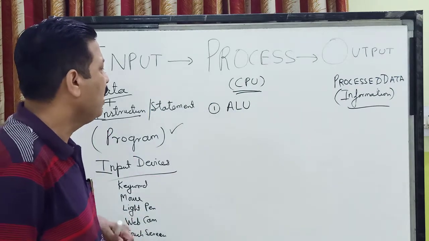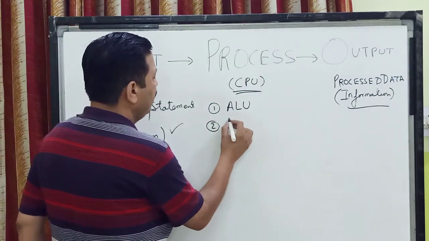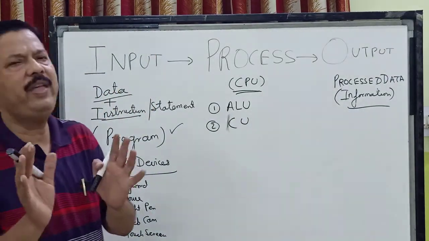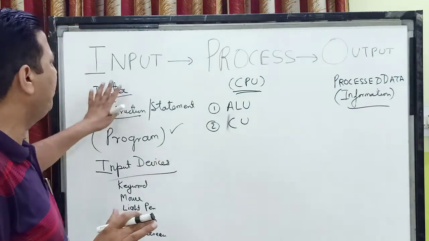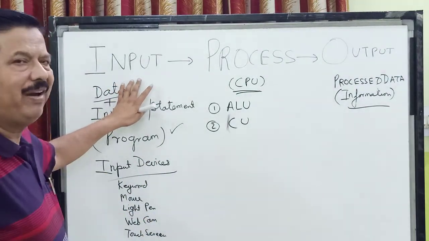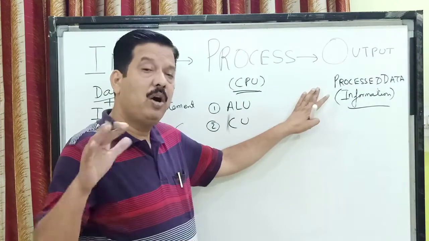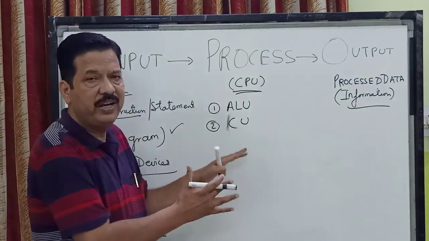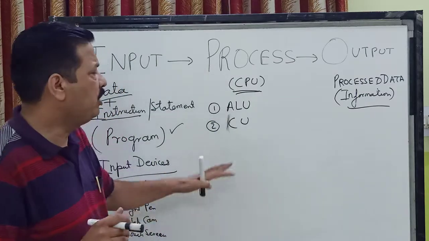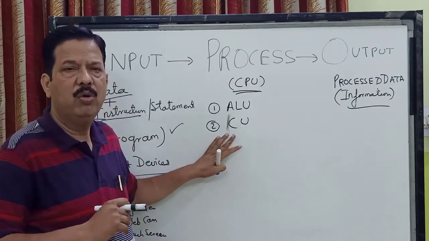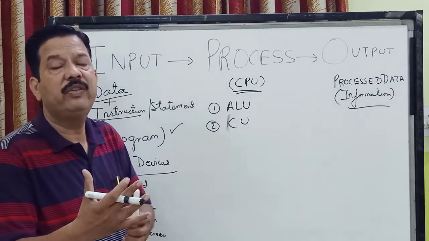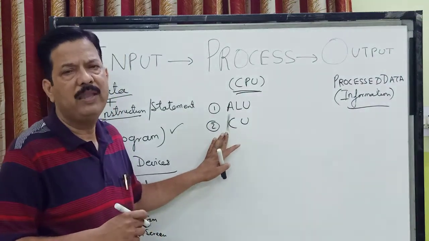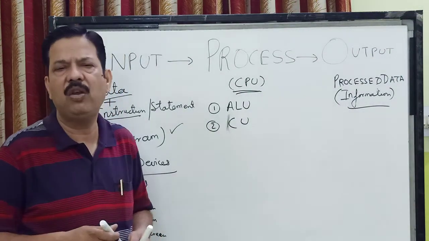That is called the arithmetical logical unit. Then children, the next thing is the control unit, which we normally call CU. Now children, the control unit is that unit which controls all the input devices, all the output devices, all the processing, and even the storage, which is done in the CPU and outside the CPU. All of it is controlled by the control unit. It reads our instructions and performs all the tasks accordingly. Every task is performed by the control unit. It is basically called the brain of the computer.